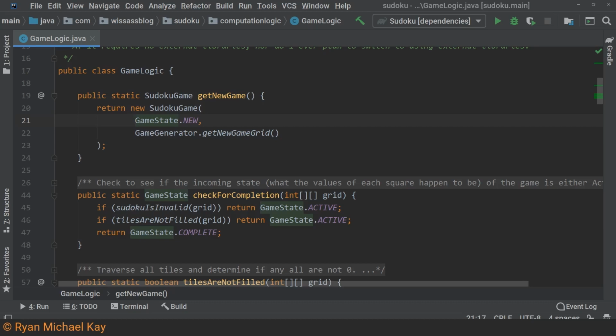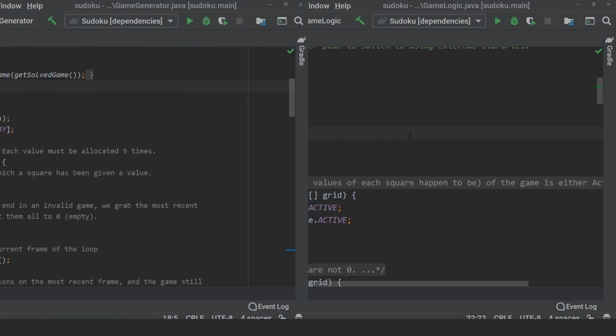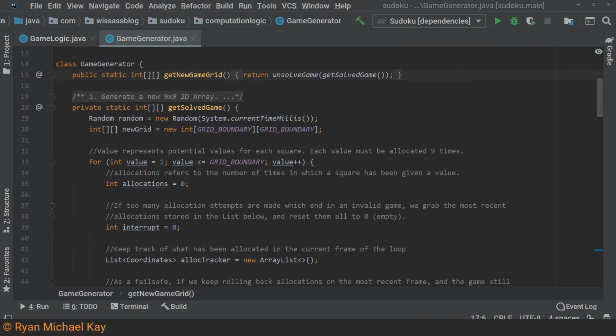or build Sudoku puzzles. At first I just had one single class which was supposed to encapsulate all of the computation logic necessary for my Sudoku game to function properly. It turned out that this was actually a pretty complicated process, so I ended up creating two more classes to separate things even further. The game generator class generates a completed valid Sudoku game.